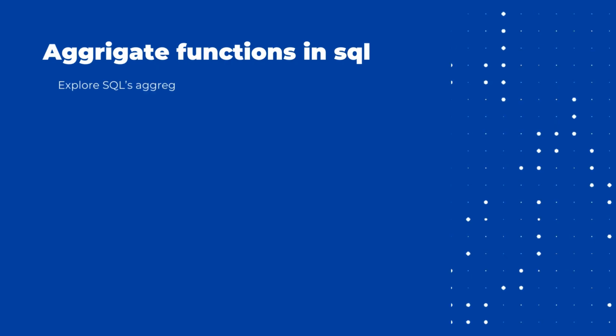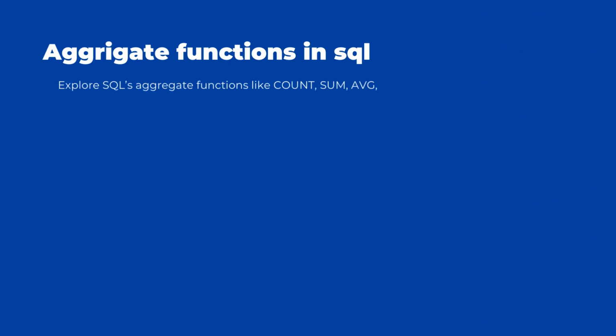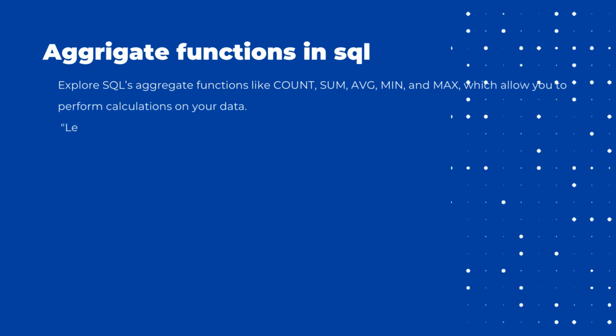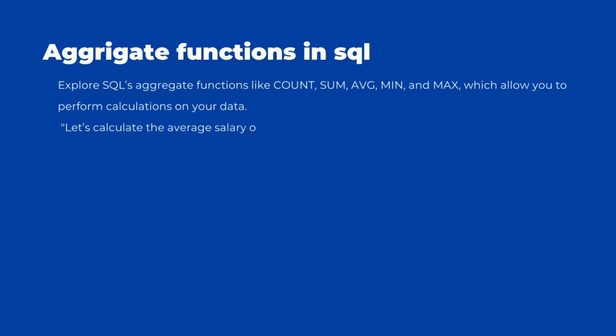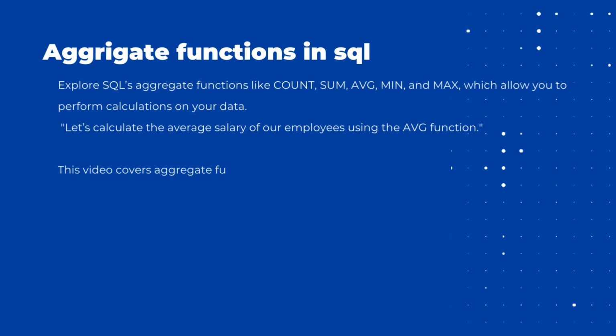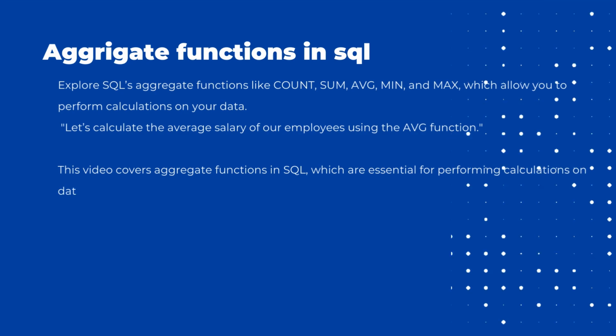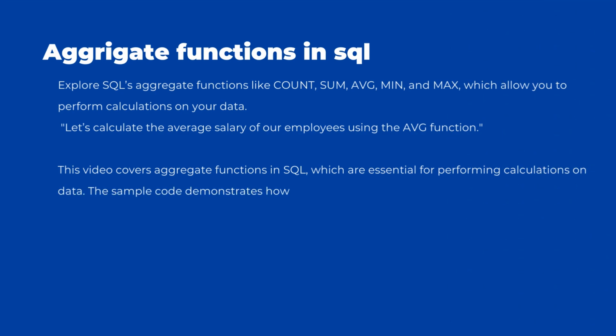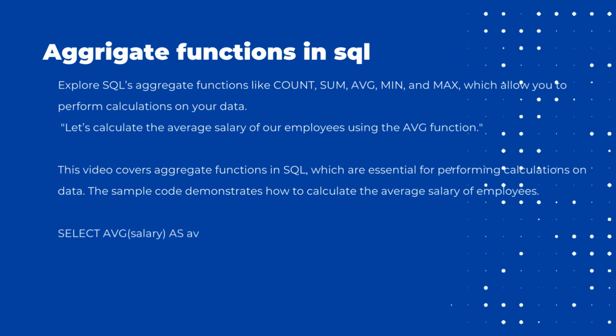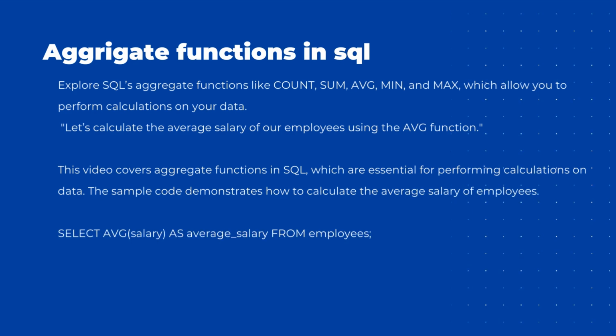Explore SQL's aggregate functions like COUNT, SUM, AVG, MIN, and MAX, which allow you to perform calculations on your data. Let's calculate the average salary of our employees using the AVG function. This video covers aggregate functions in SQL, which are essential for performing calculations on data. The sample code demonstrates how to calculate the average salary of employees. SELECT AVG(Salary) AS AverageSalary FROM Employees;